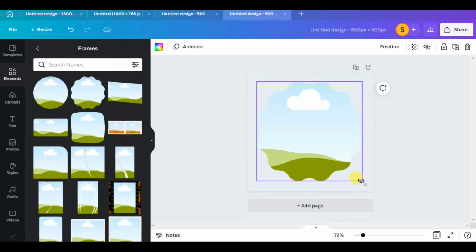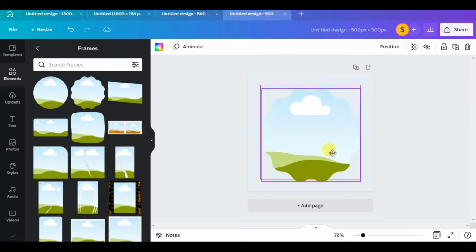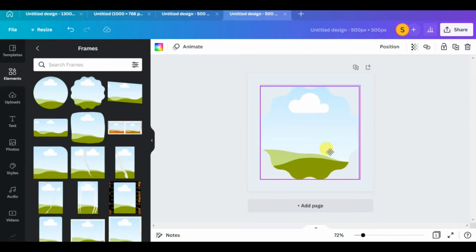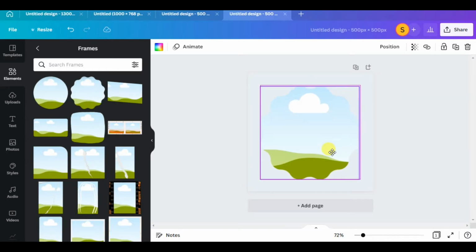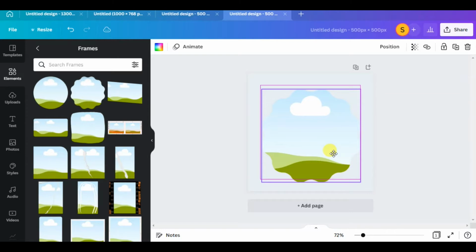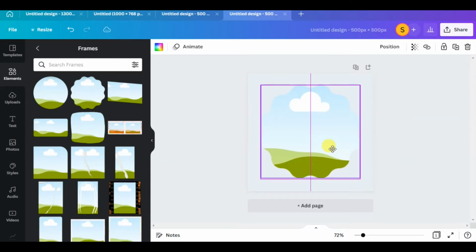I'm just going to reduce this a bit, and then I center it, ensuring that it's centered.